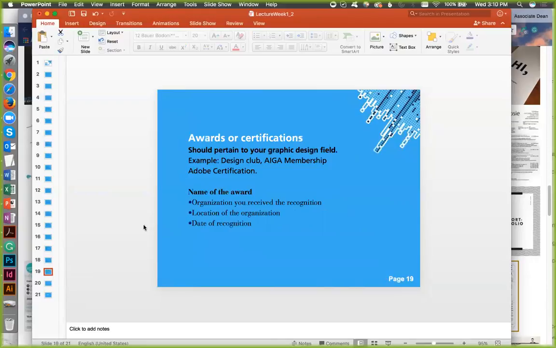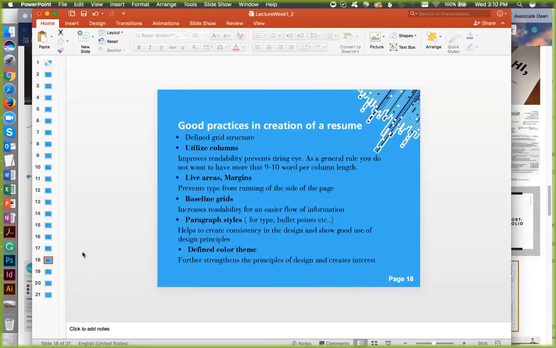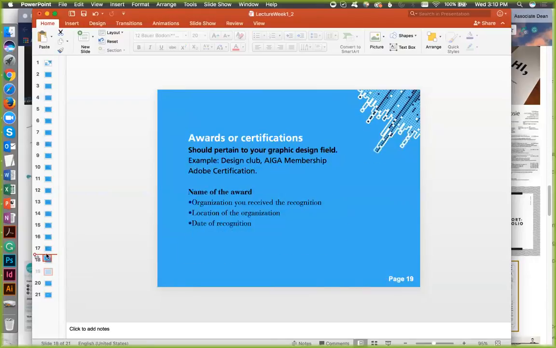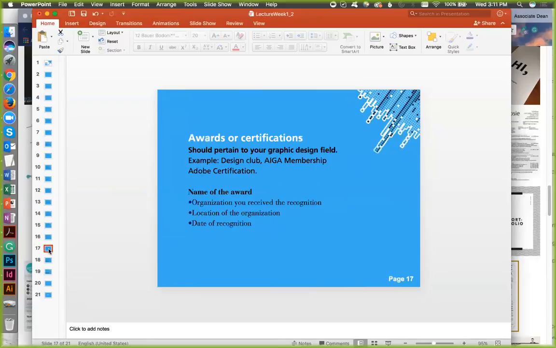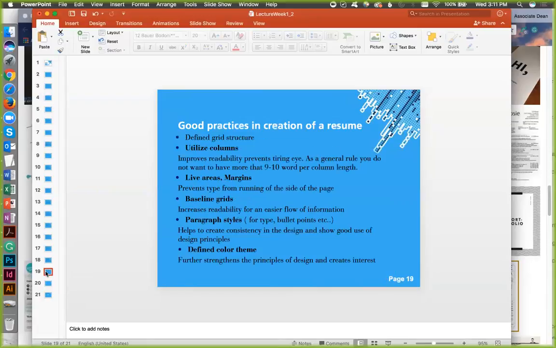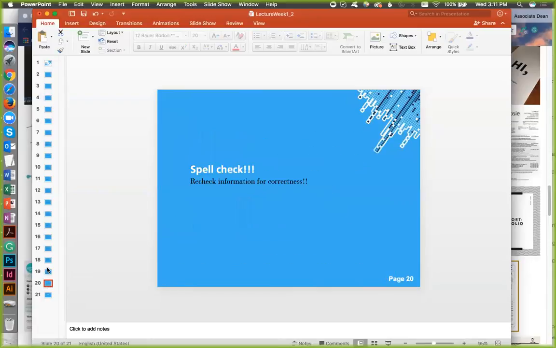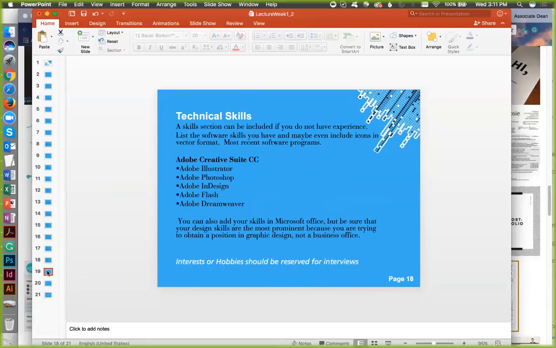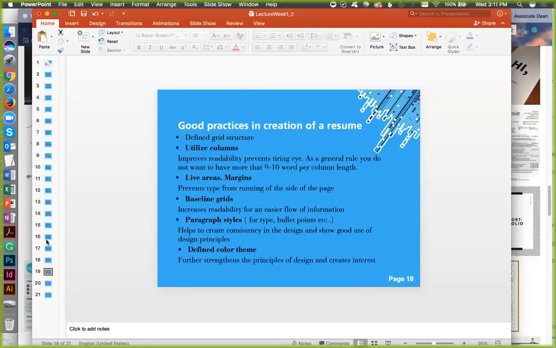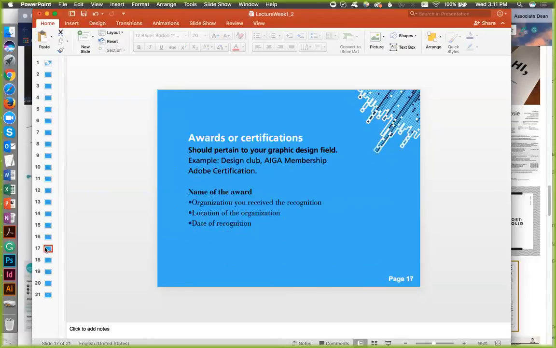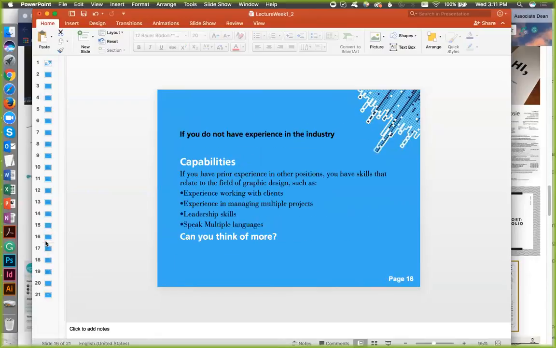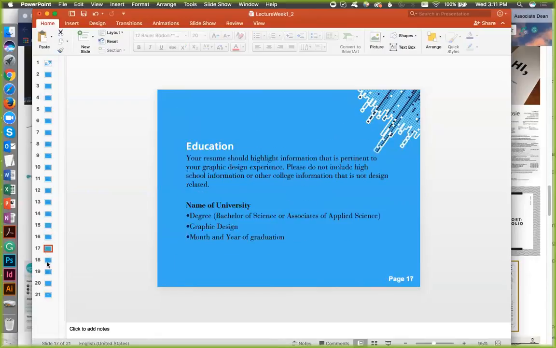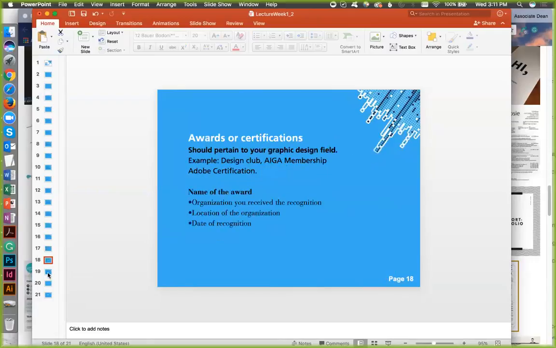So then after everything, we can probably put, and I don't know why, this should be actually up here, I think. Keep education, awards. Oh, sorry about that. Somehow it got out of order. Capabilities, education, awards.